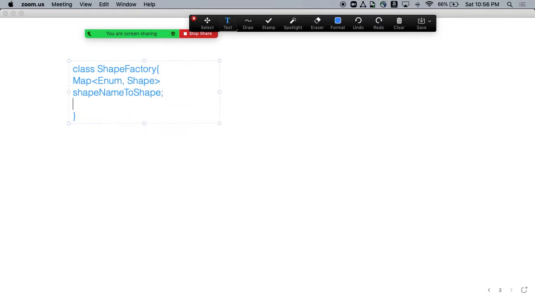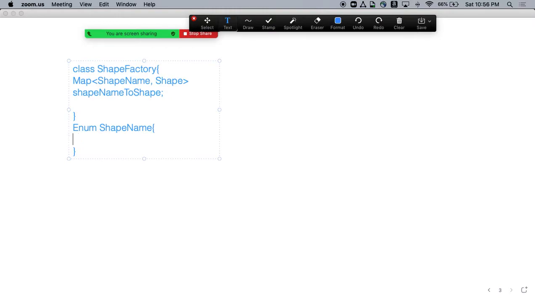I will come to that. Let me define the enum at the bottom. We will create an enum called ShapeName, and ShapeName will contain all the shape names.